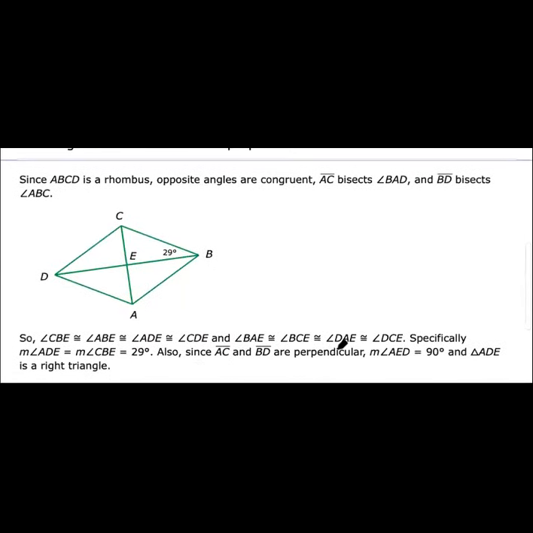So let's look at our example here. So AC is bisecting BAD, so BAD right there. And then we have BD is bisecting ABC, ABC. All right. So in this case, the congruent sides are going to be CBE, ABE, ADE, CDE, BAE, BCE, etc. So specifically ADE,